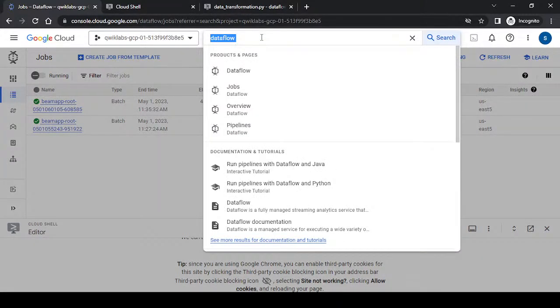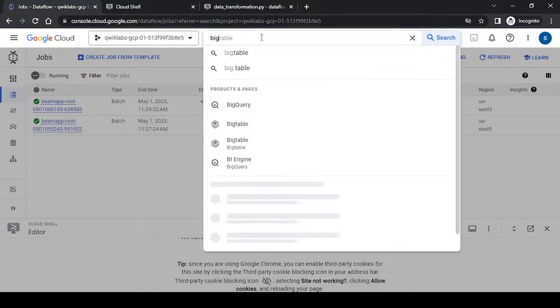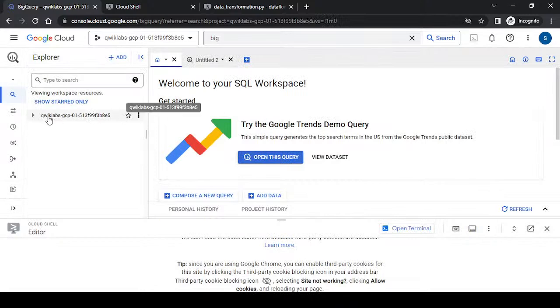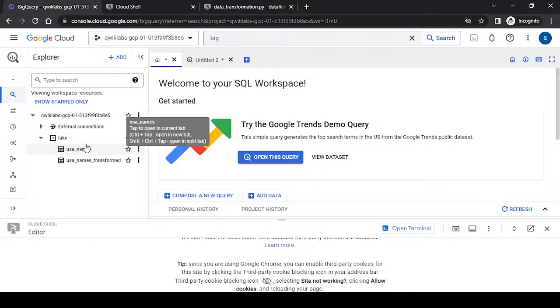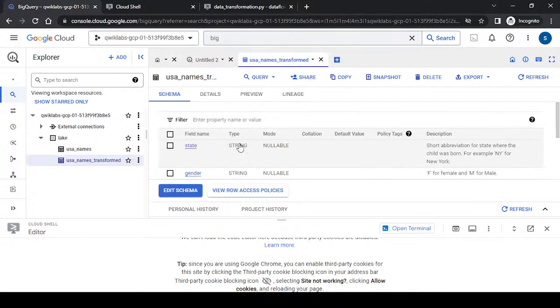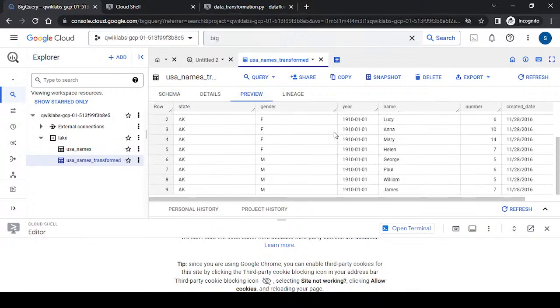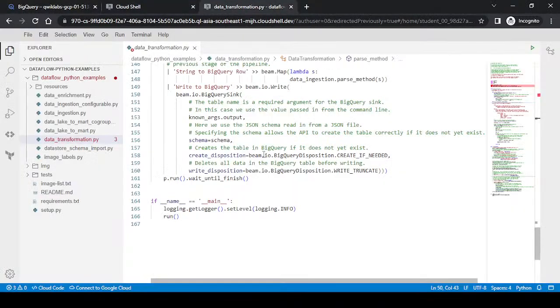Okay, so it's finished. That means we can see our BigQuery now. Let's expand our project, lake database, and data set. And here's the transformed data. Perfect. Now let's do the enrichment part. We're going to do the data enrichment now. And I'm going to open the